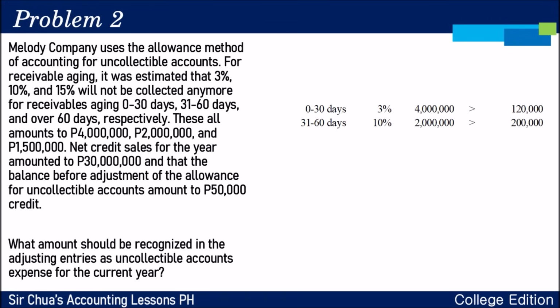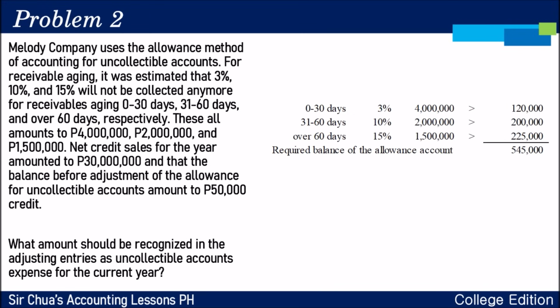10% daw po yung hindi na natin i-expect na ma-receive on the 2 million accounts receivable. So, that's 200,000. And we also, again, do the same way. For over 60 days, that's 15%. And then you multiply it by 1,500,000. So that's 225,000. So the required balance of the allowance account is 545,000 because you determined that these amounts will